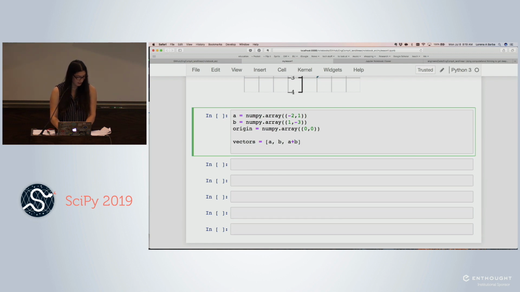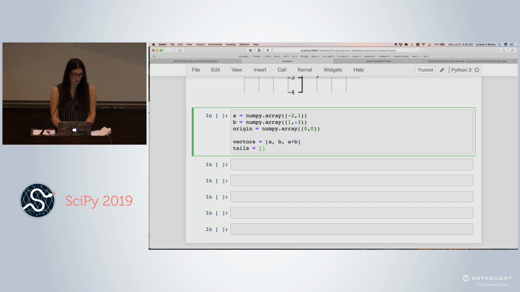to illustrate the idea of vector addition, where what you do is place the second vector with its tail at the head of the first, and then the addition will be the vector that has its tail at the origin and its head at the position where B arrives. So let's then, to plot this result, define a list of the tails where we want to plot